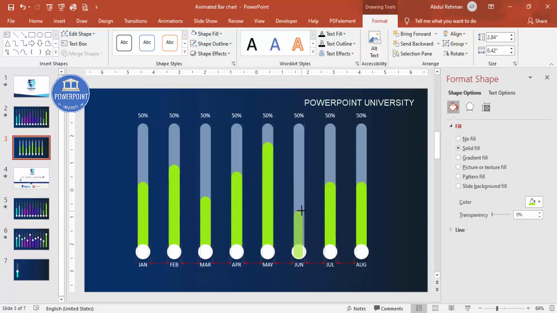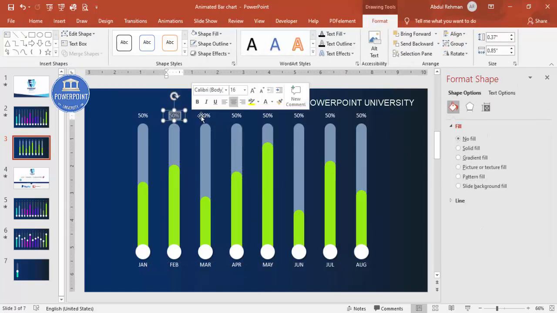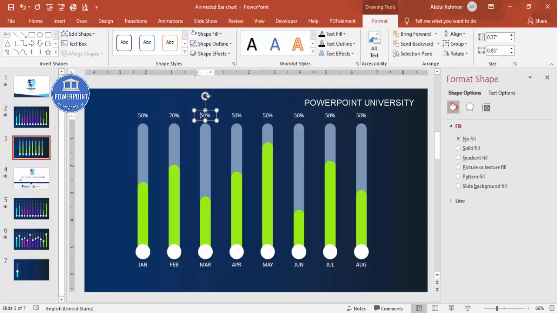This would reduce to only say 30%, and here I'm going to keep this one, and this one will be a little bit reduced. All right, so depending on which one you have suggested or added, you can just put the percentage here. So this is 70%, say this is 40%. I'm putting some random figures here, so later on you can put exact figures also.